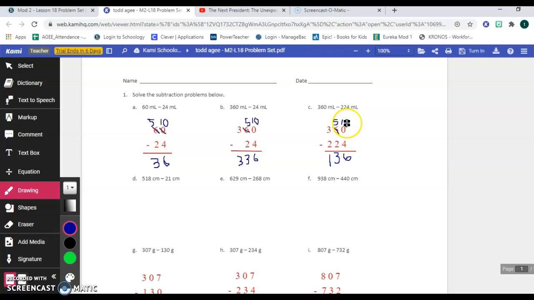Now, if you use it, I just know my facts, and when I taught second grade, I wanted to make sure that all my students knew their addition and subtraction facts. If you don't know your addition and subtraction facts, it's a good idea to practice those. If you're having to count and you're struggling with it, here's a strategy. So I'll start with the lower number and count up to the higher number and keep track of how many